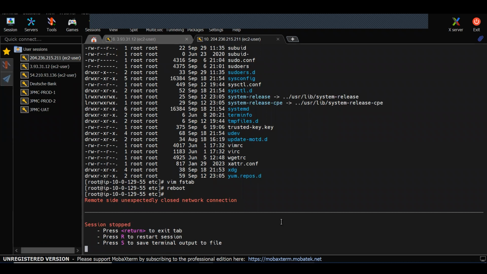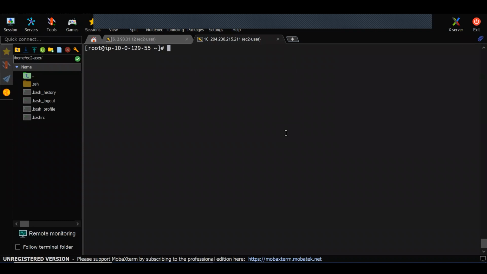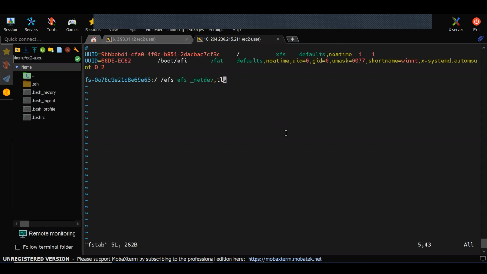It will reboot from here itself. Here we need to modify the fstab file. We go to /etc, so vim fstab. Here this will be there, this is the file system ID I told you about at the start. This is the mount path where you are going to mount. Here the efs type will be there. What is this? The storage type.